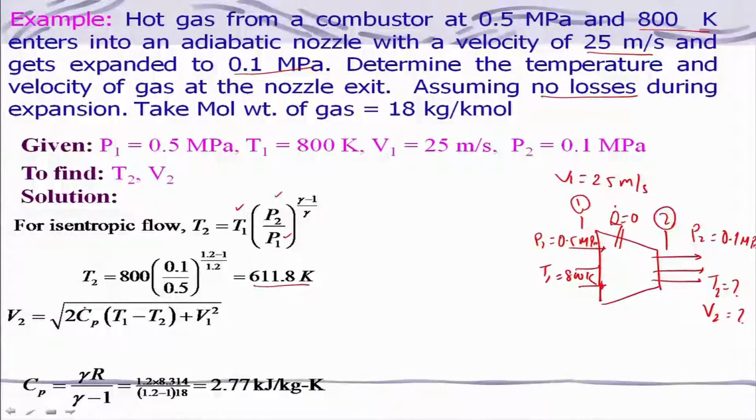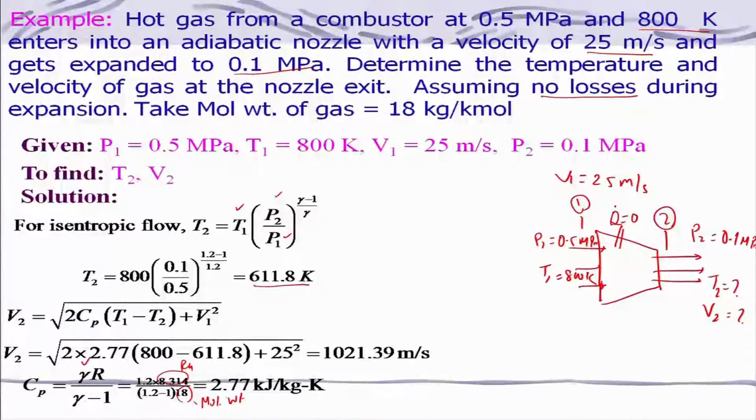But now the question is how to evaluate this Cp. We are saying this is an ideal gas, that is an assumption we are making, and from that we find Cp is equal to gamma R divided by gamma minus 1. Gamma is given, and R is the specific gas constant, that is Ru divided by molecular weight, where Ru is given. You just substitute these values, and you get 2.77 kilojoule per kg Kelvin, and then you